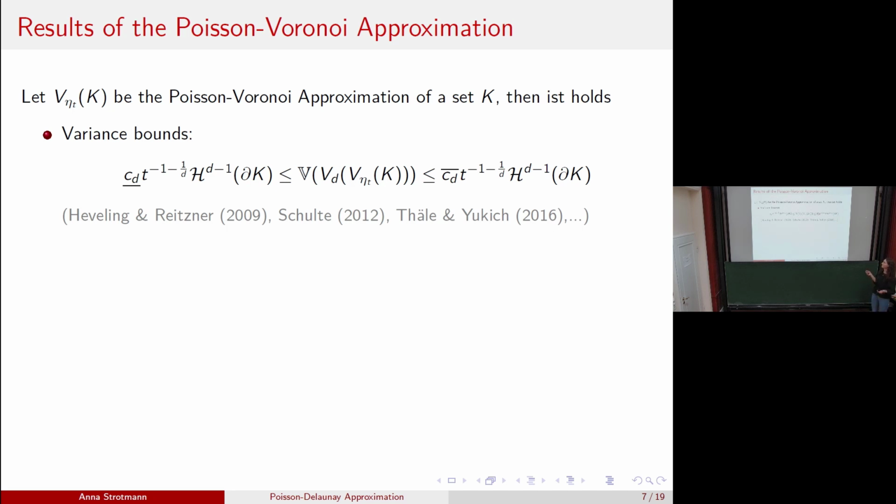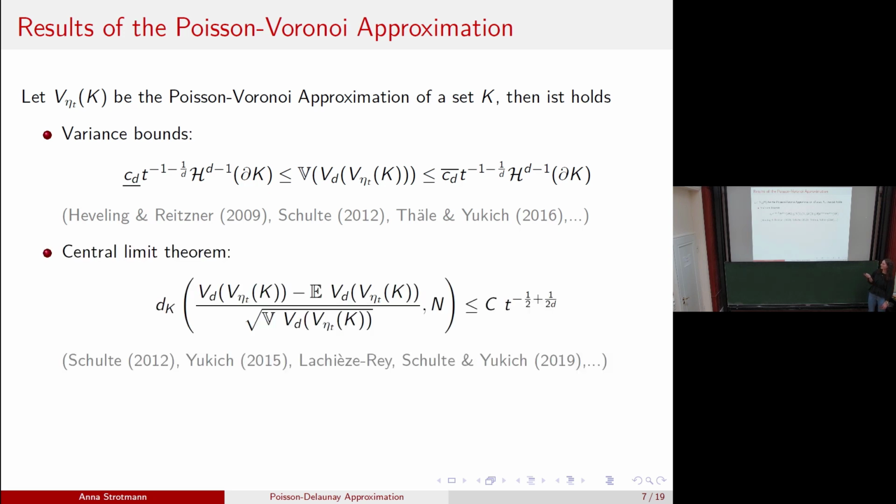This upper bound was first proven by Hug, Reitzner and Schulte in 2009, and a few years later Schulte was able to compute a lower bound of the same order, and again a few years later the asymptotics of the variance were calculated. There also exists a central limit theorem, and the convergence rate in the central limit theorem,